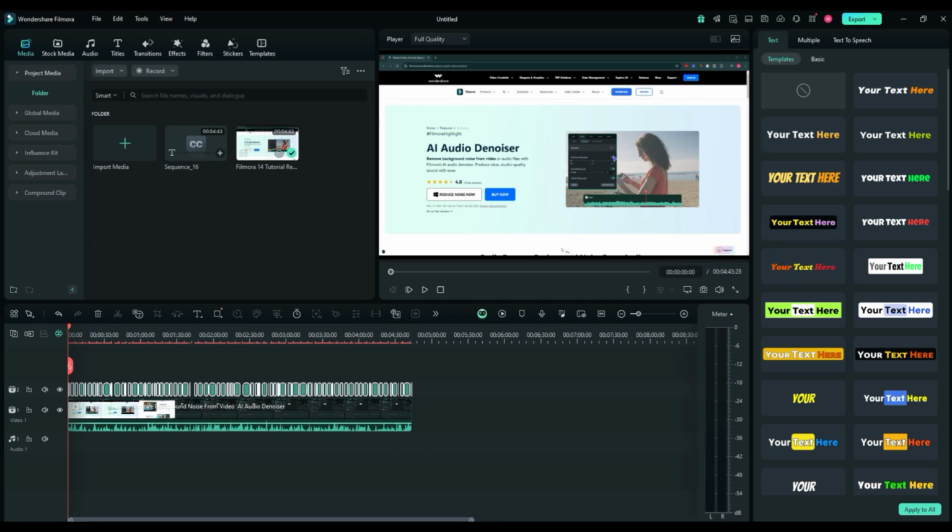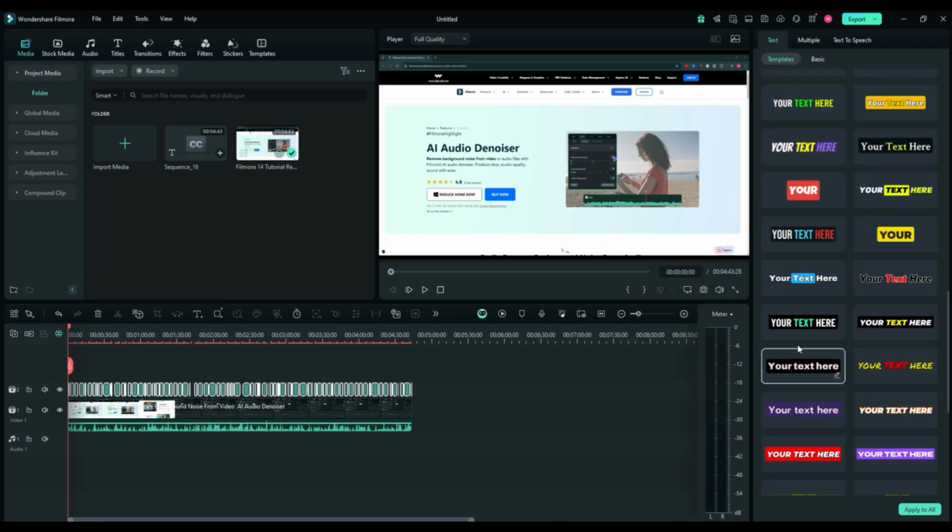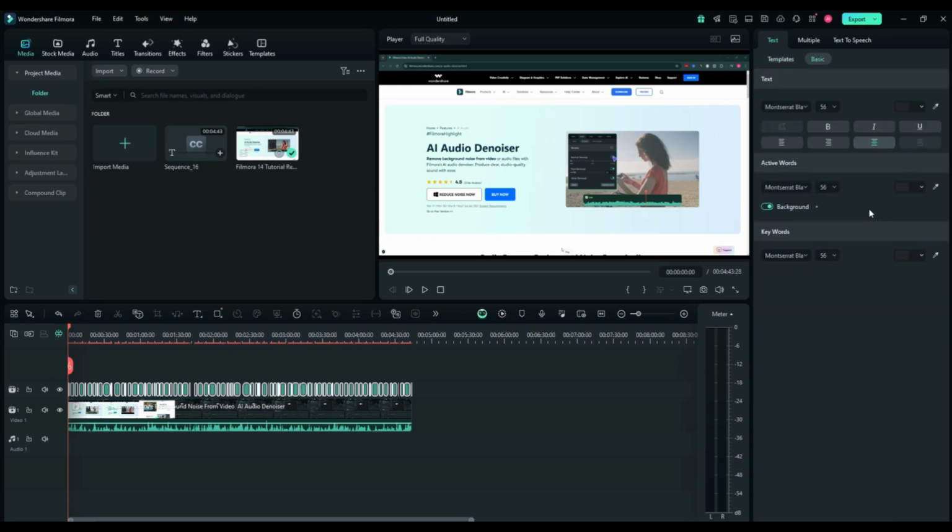Okay, this is my favorite feature. When it comes to the templates, look how many templates are available here. If you want to choose one of those, you can simply click on it, and then once you click on this or that one, you just click on edit. All right, and now once you edit them,